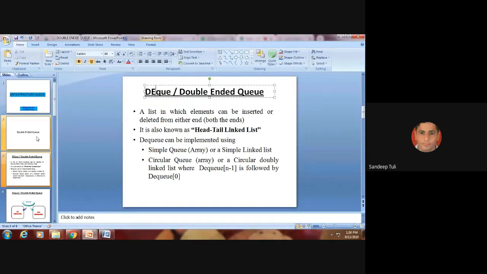Now what happens actually, in an array you will not identify so much of difference between simple queue and double-ended queue, but when we use the linked list, you have to traverse from one end only. In linked list there is a drawback also: when we do dynamic allocation, we need to maintain a pointer for the starting address. So the starting address pointer will be only one, and in that case you need to start the traversing from that end only.